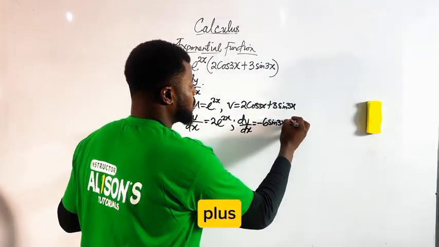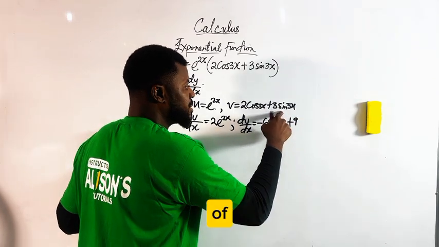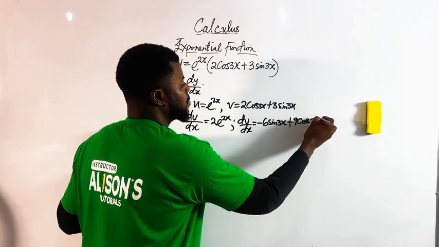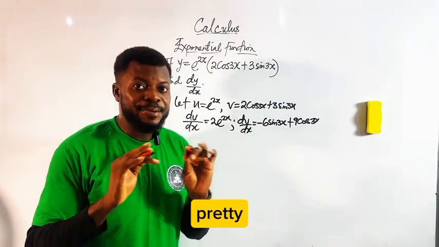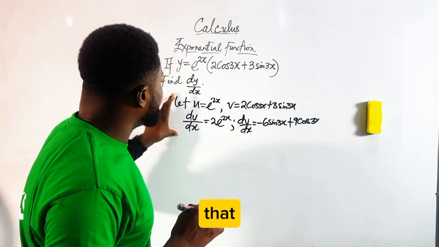Then here we have a plus. 3 times 3 gives you 9. The derivative of sine will give you cosine, then repeat this 3x. Pretty simple. So the next thing you want to do is that you need to introduce that formula